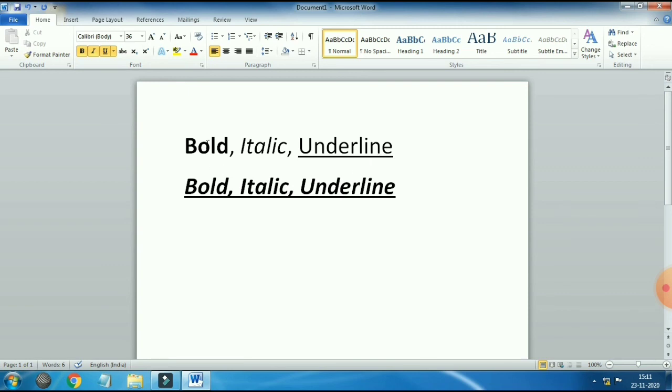So you can see the change: bold, italic and underline. Okay, so this way we can apply bold, italic and underline effect in our text. We can also apply it on a single word, single letter, single sentence or paragraph or to the whole document, whatever we want.